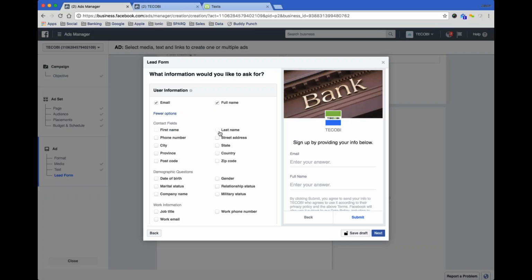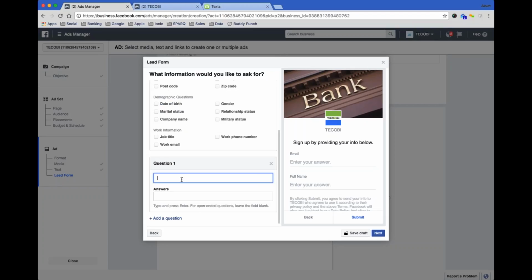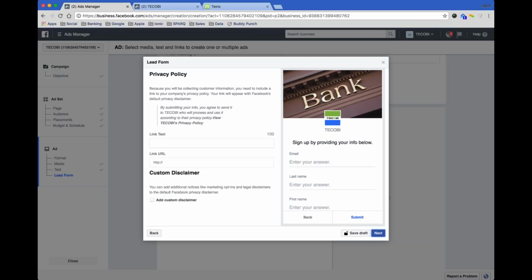The next screen is going to be your fields. You do have the ability to pull quite a bit of information out of the customer's Facebook profile. So you can see here that you can get name, phone number, street address, city, state, zip code, date of birth, gender, quite a bit of different information. And then you can even make your own custom questions. So if you wanted to ask them a specific question. I've had great experience just basically pulling first name, last name, phone number, email. Most everyone's going to have this information in their Facebook profile, so it avoids them having to fill out the form. So once you select the fields that you want to capture, you click Next.